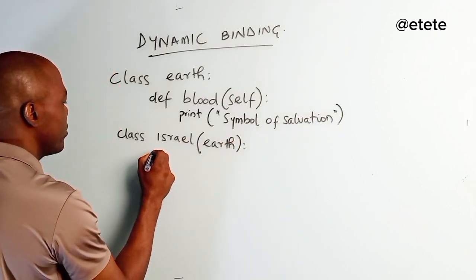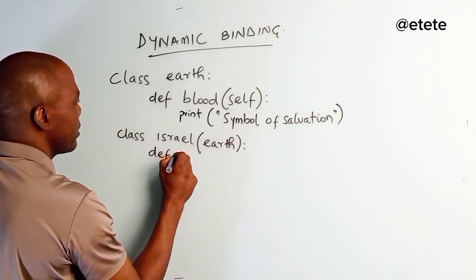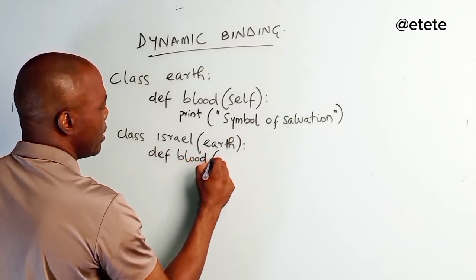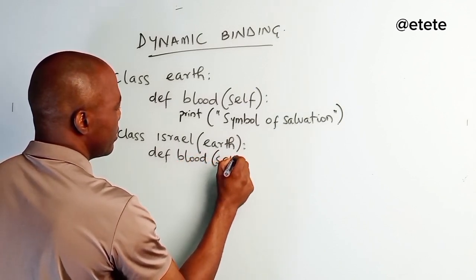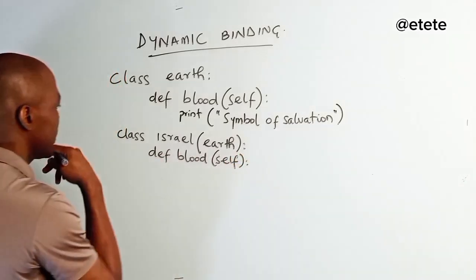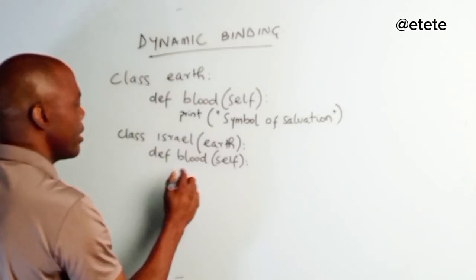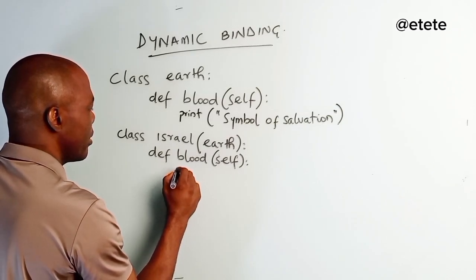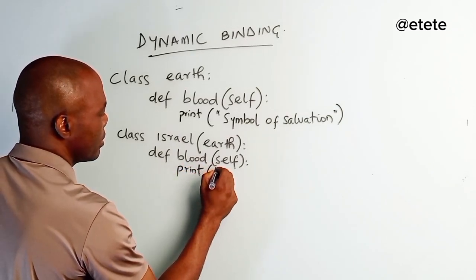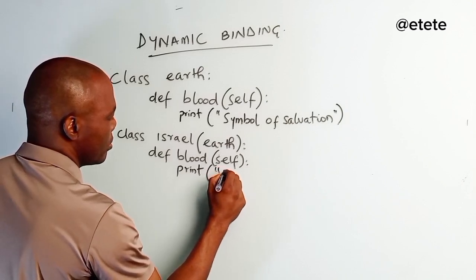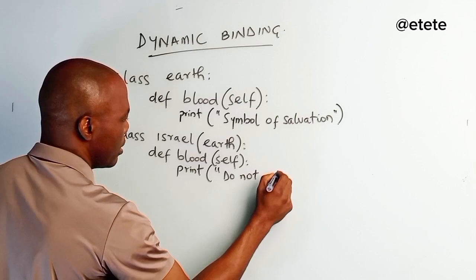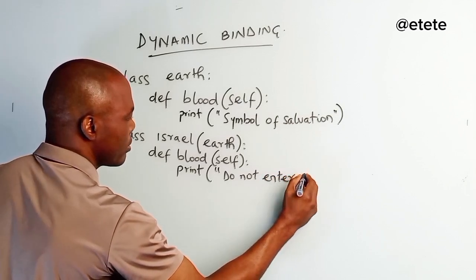Inside it, we'll define this method again, blood, with self, and here we'll say print, do not enter the house,